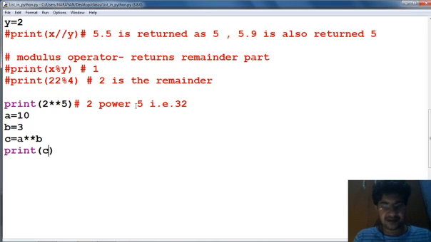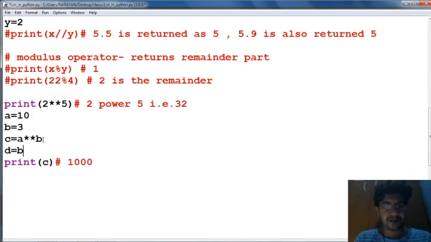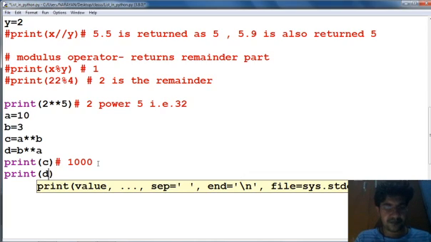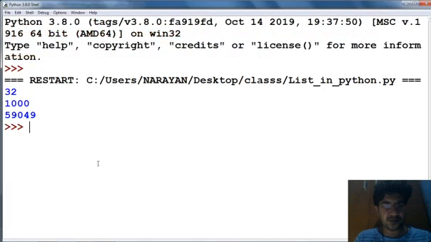So this will return 1000. If you have written d equal to b power a, that means 3 to the power 10. Now check the output. This will be the value of 3 to the power 10.